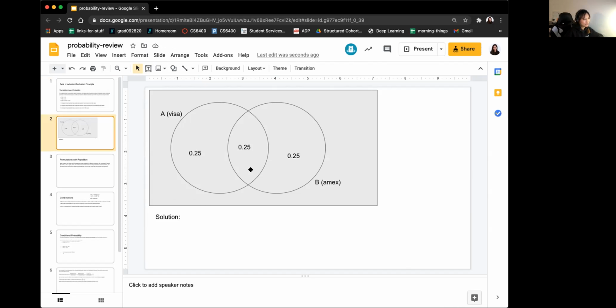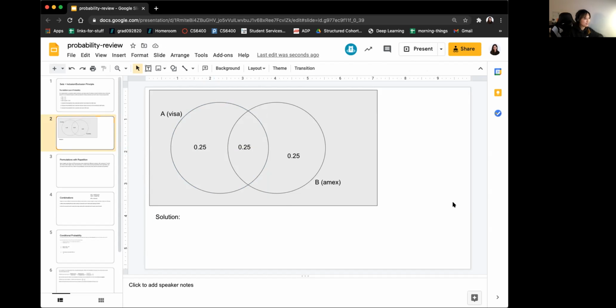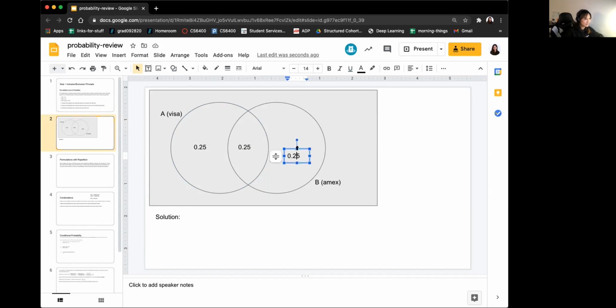Because we know that this overlap part is 0.25, this part should be 0.25, because the sum of this crescent shape and this, whatever this shape is called, adds up to 0.5. And so therefore, this entire circle ends up being 0.5. And similarly for this side,